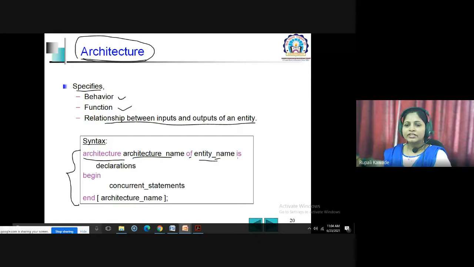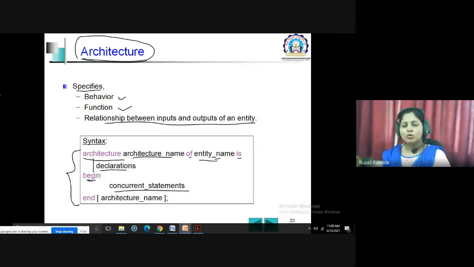Okay, then the next one is the is keyword. After that, there is a declarations part. Whatever signals and variables you need in your code will be declared in this particular section. After this, there is a begin keyword. In C and C++, you find opening curly brackets and closing curly brackets to identify different blocks, right? So here there is a begin statement of the architecture, where it actually starts all the concurrent statements. So after begin you write the concurrent statements.